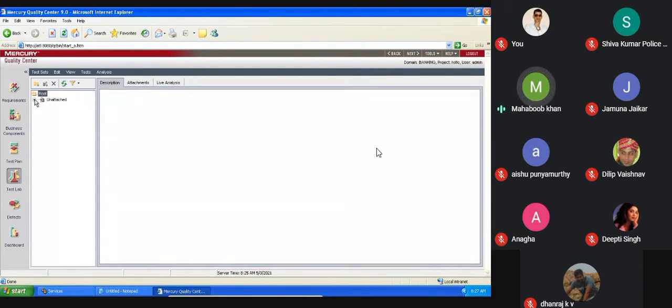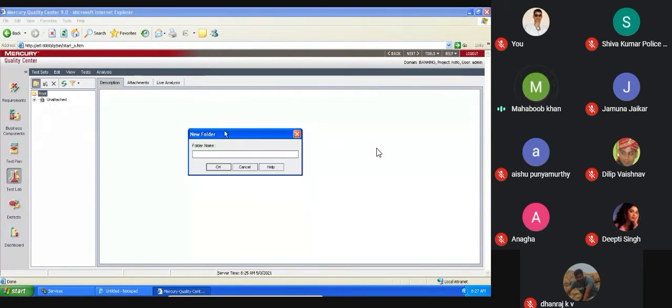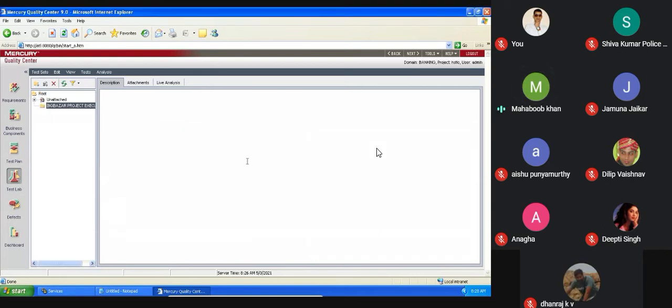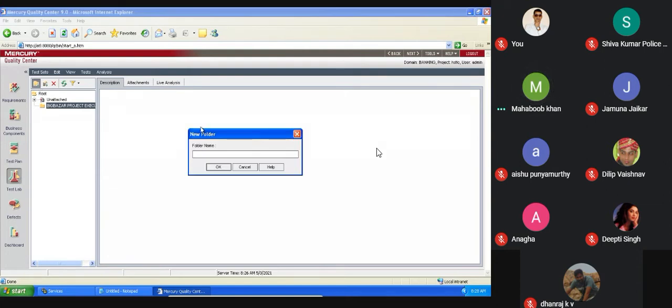No. Again the lead will create the project execution tree. He will create it like this. Once he creates it, he will create it in the SIT environment, environment specific.